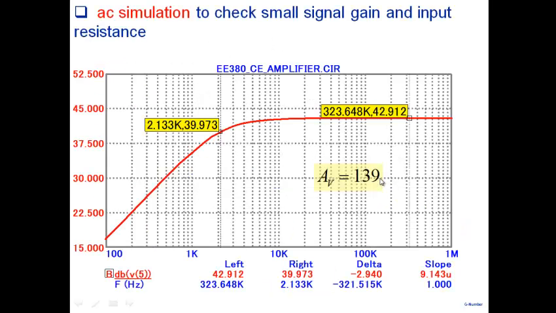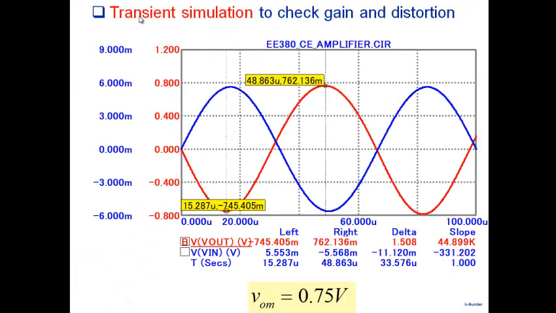So both gain and input resistance you can check through AC simulation. And then what you do is you do transient simulation, and with transient simulation, you apply an input, you get an output here, you again check your gain, you can check your swing here, 0.7 swing,